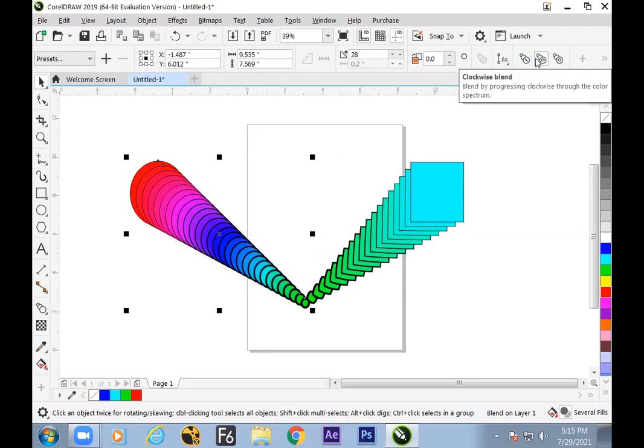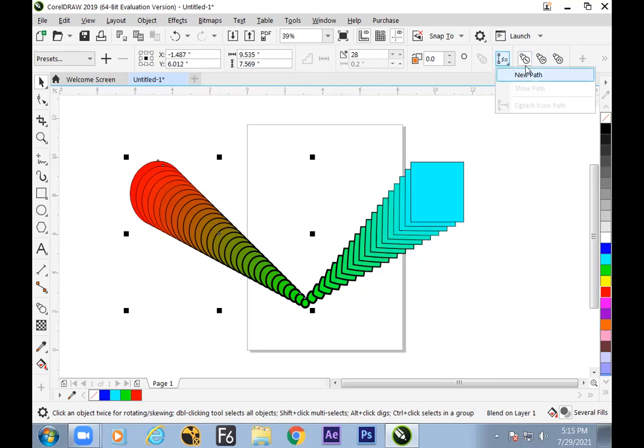So clockwise, anti-clockwise, there are two blend options. Here the color blending is changing. This is an option where we can move the colors, random colors. This is clockwise blend, counterclockwise, and direct blend.